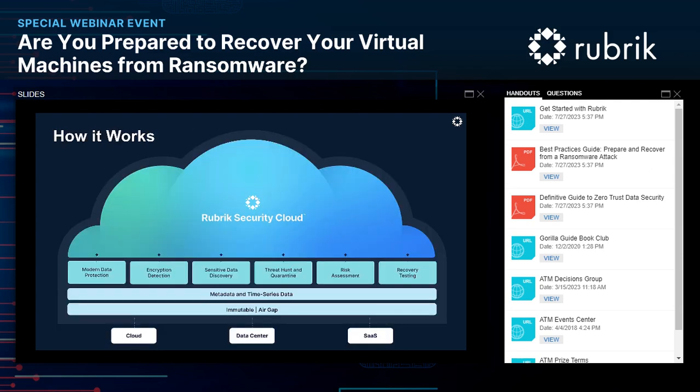To run through how this works, regardless of the type of data that you have in your private or public cloud, or it could even be SaaS applications like Microsoft 365, as we mentioned, we first provide an immutable and air-gapped copy, or you may hear this referred to as a bunker in a box. Next, we build a time series of your data. If you're taking a backup every hour, every day, every week, every month, we know exactly what is happening to that data over time. And with the metadata of that time series, we feel that gives us a unique advantage to provide context to the data.